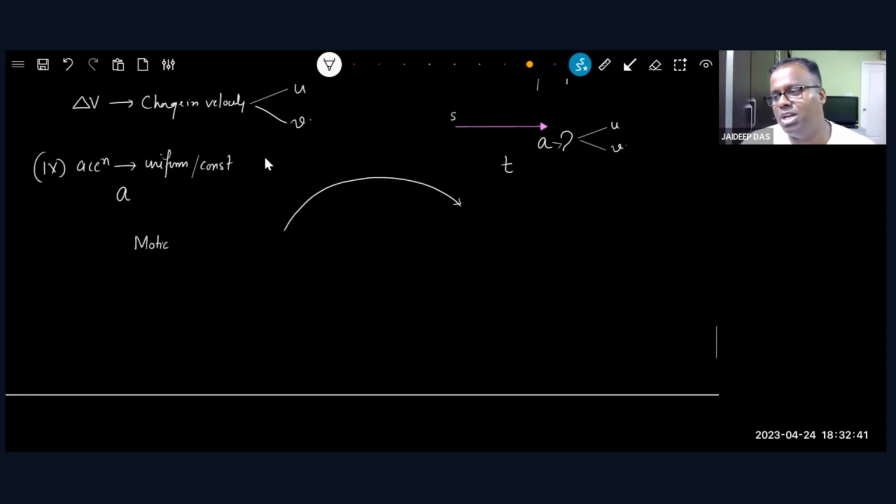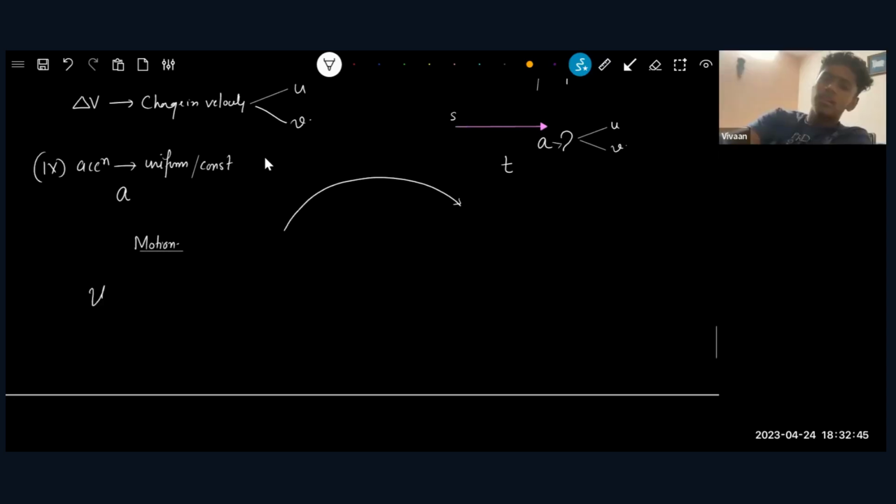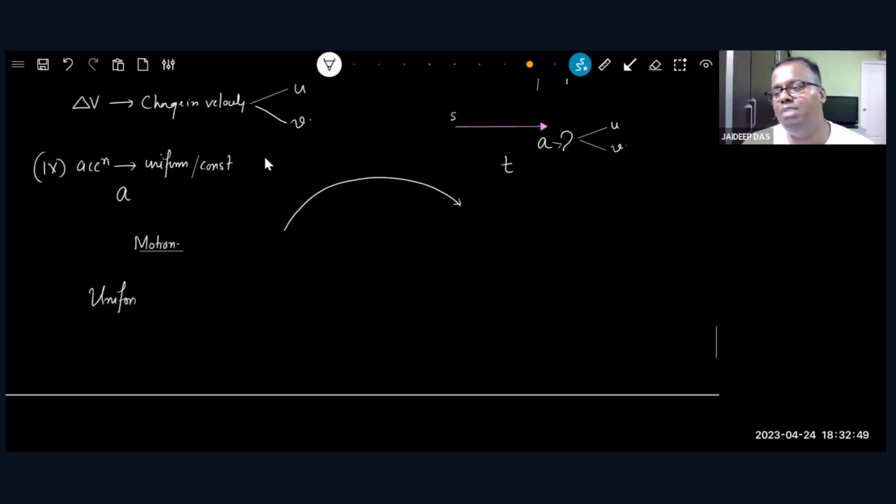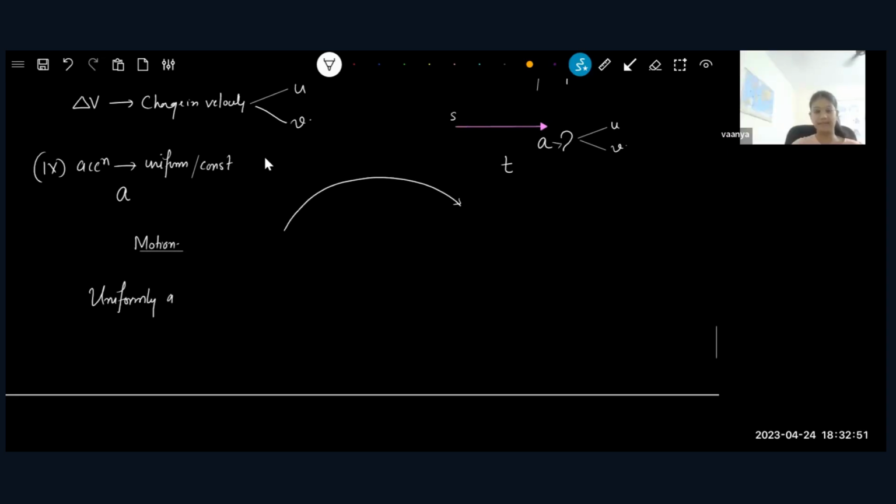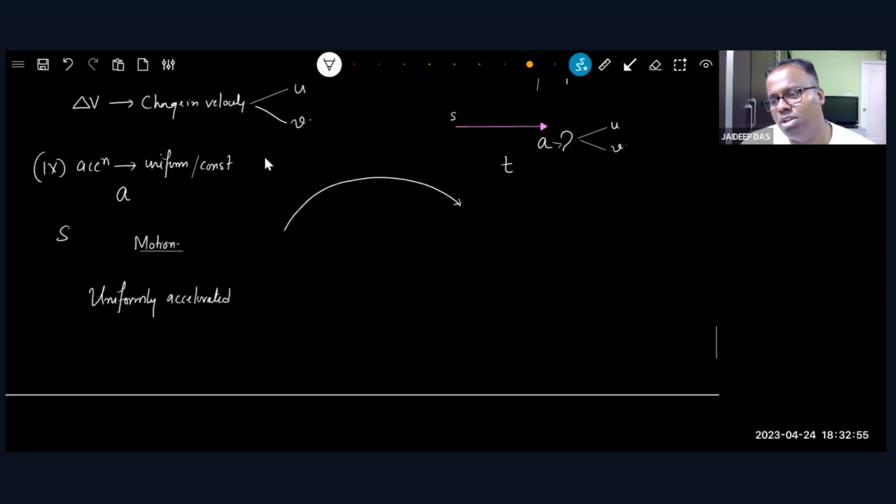So what should the chapter be like? Motion? No. We will say it. Kinematics. No. This is the problem, you don't know and still speak. Uniformly accelerated. Why I am saying your answer will come from SUVAT. Uniformly accelerated because there is only one acceleration. Uniformly accelerated motion